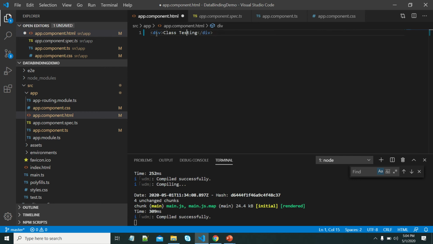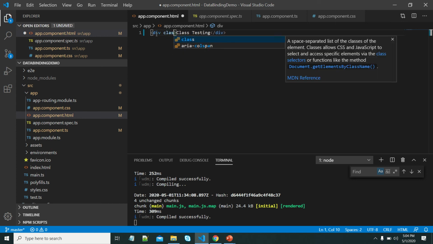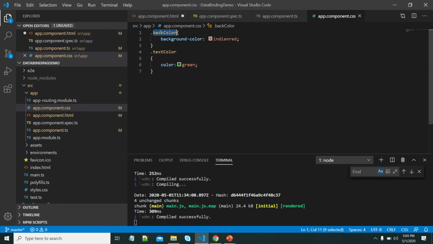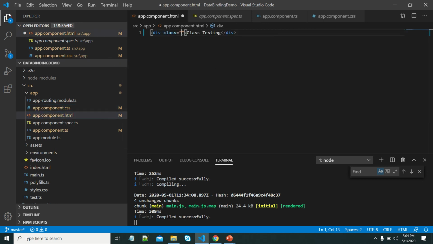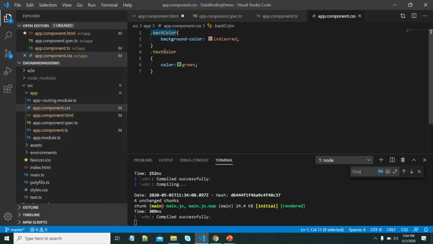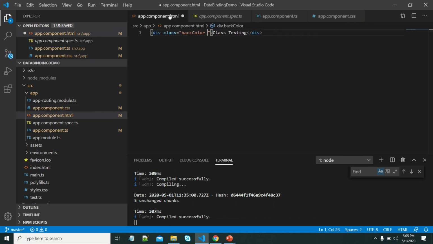If I want to apply those two CSS classes, we need to use the class property where we can specify these two CSS classes.